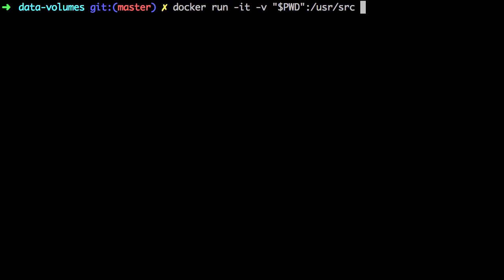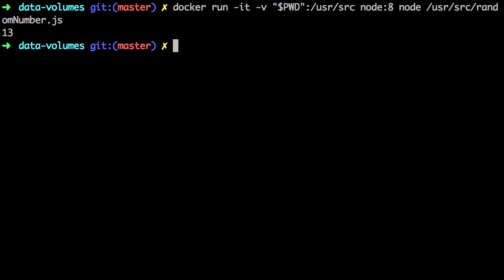Once you've mounted the volume, you can then provide the image. So we're going to use the Node.js image, and we're going to go with version 8 by specifying an image tag. And then after that, we're going to specify the command we want to run. In this case, it's going to be node, and then I have to specify the path of the file I want to run, /usr/src/randomnumber.js. When I press enter, we'll see that it produces a random number and prints it to the screen,